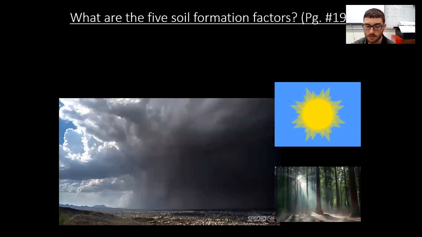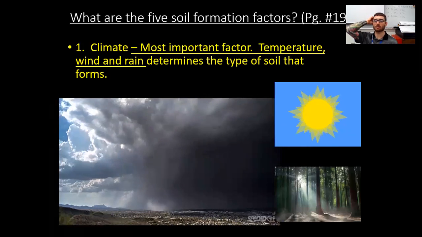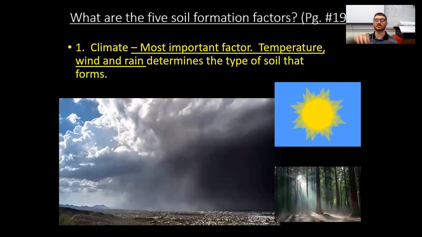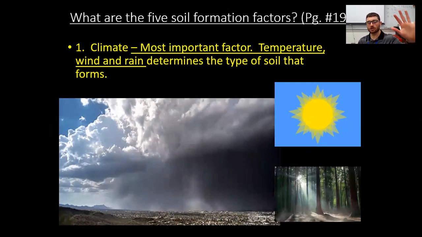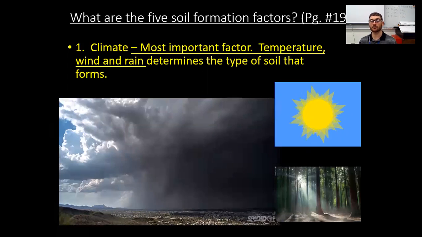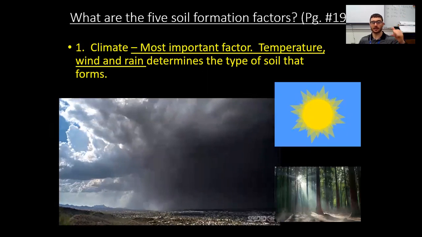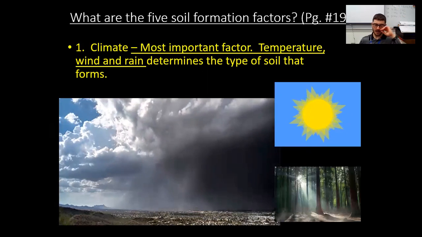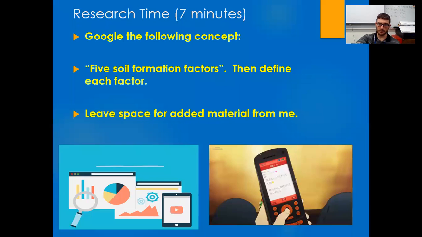So number 1 is climate. Write down the question and then write down number 1, climate. And here's the deal. You don't even need to write the whole description. Just write the topic and then just write what's underlined. That's it. So for climate, just know it's the most important factor to make soil. It includes temperature, wind, and rain. This combination produces our soil. Okay? Number 2,